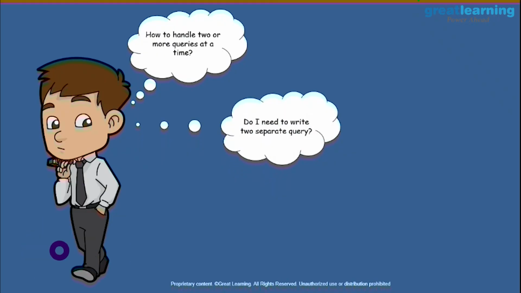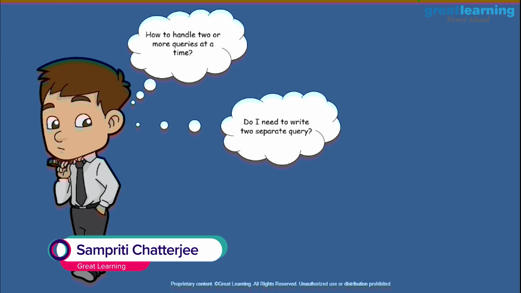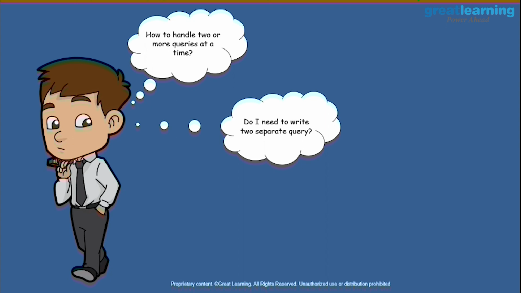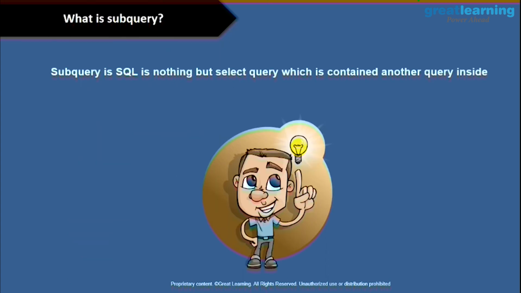Now we are going to handle a problem. But what problem is it? If you have 2 or more queries, how can you handle them, right? Do I need to write 2 separate queries or what will be my way of doing that? Suppose you say, okay, I have a customer table, or a demo customer table. I want all the customers whose age is more than 45 and I want those to be updated in the customer table, right? So how can you do that? To do that, we need to use a concept called subquery.